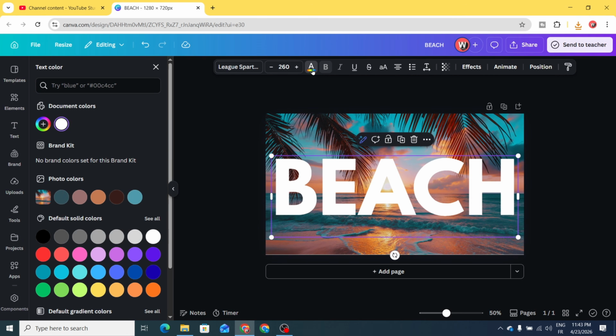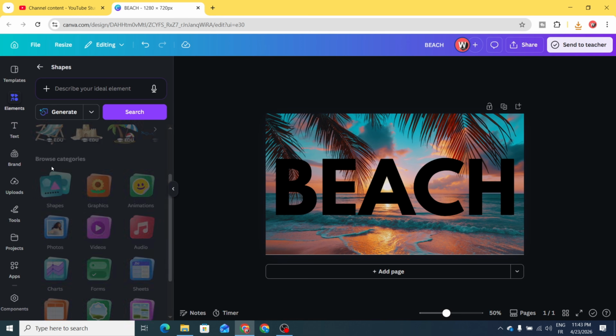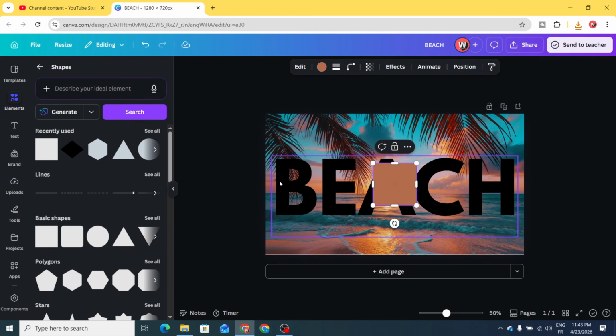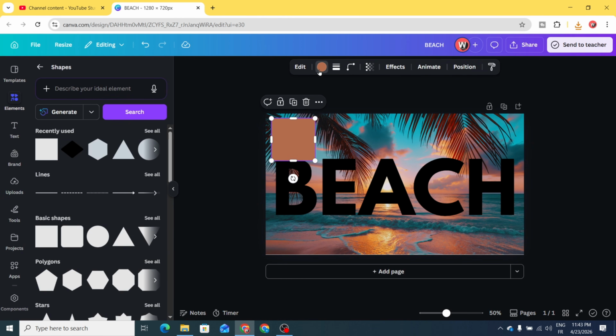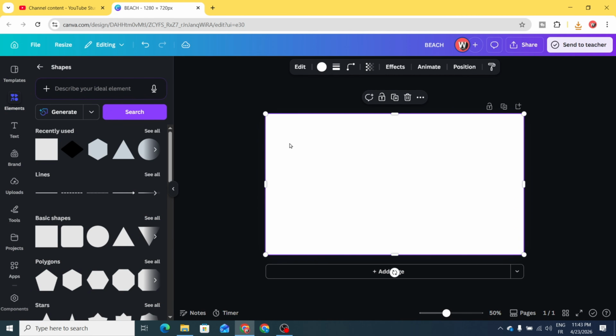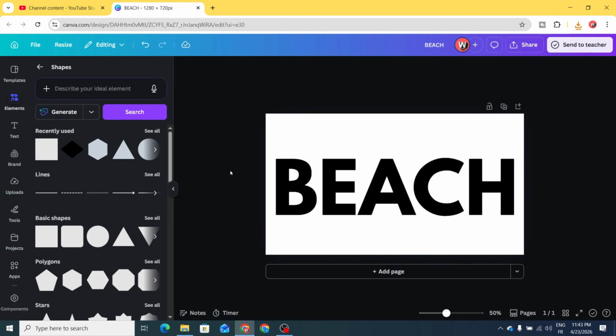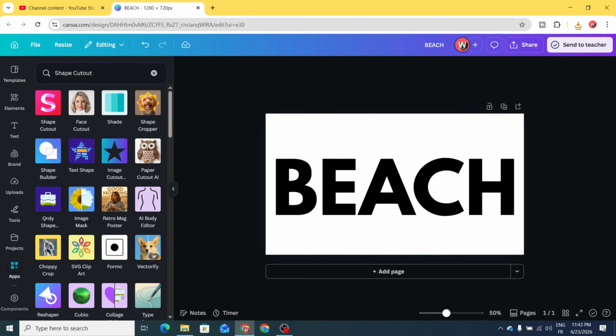Change the color to black and go to elements, shapes, choose the square, change the color to white and cover all the page. Go to layers, send backward and go to apps, shape cutout, choose this one,